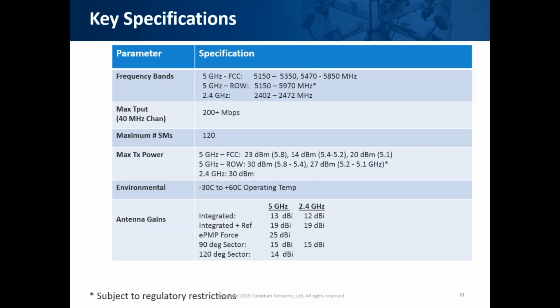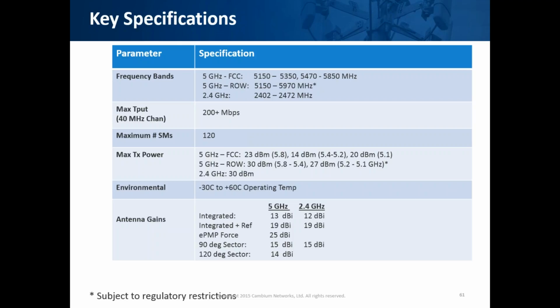Specs on the ePMP, as we talked about before, it operates in the 5 gig frequency, the 2.4 gig frequency. Maximum throughput on a 40 meg channel for an ePMP is 200 meg per sector. So if you put in 4 sectors of that going into 360 degrees, you're looking at 800 meg worth of capacity radiating out at about the same distances that we saw with the